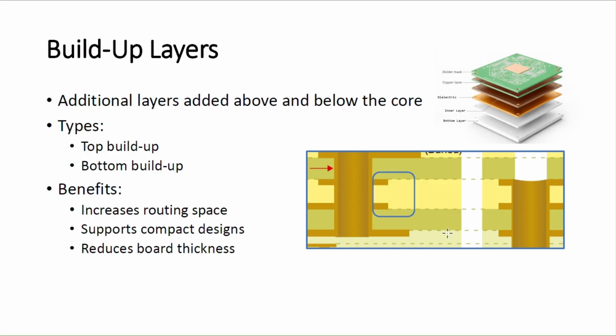Mainly, for example, you have to design a printed circuit for a mobile phone. In that case, you have to include many components on top of the PCB. You have to do multiple routing, many routing on the PCB. But there is a space constraint. So the addition of these build-up layers will help you to reduce the space, mainly